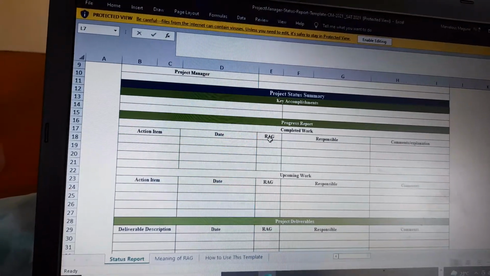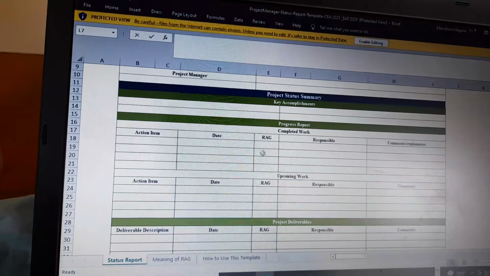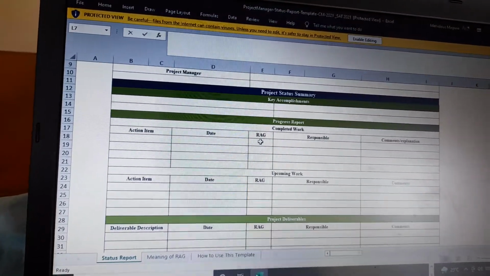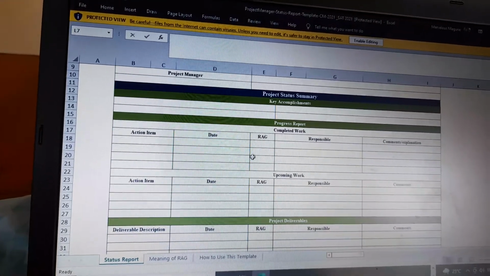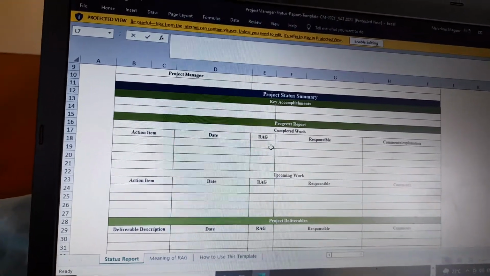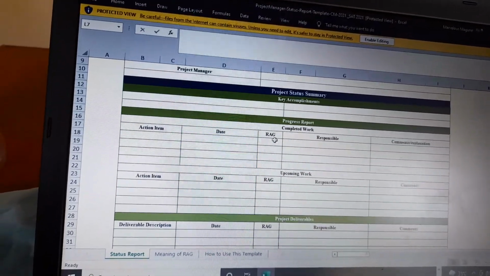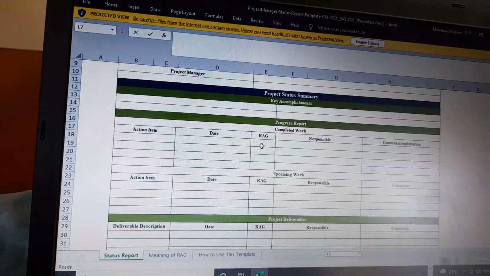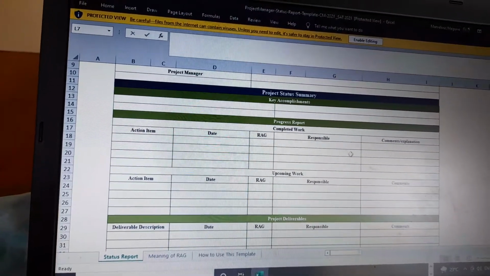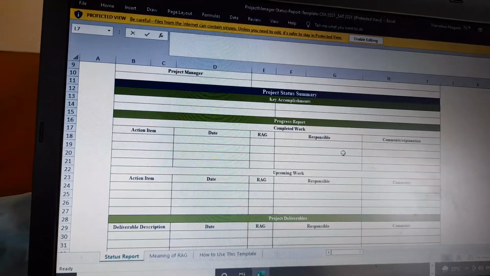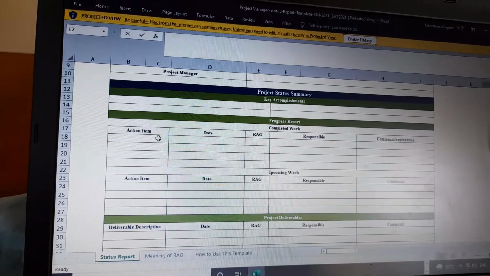The same with Amber. Amber, the project, maybe it was going on well, and maybe it faced difficulties, 1, 2, 3, 4, 5, for it not to be completed well. You indicate Amber if it's like that. The person was responsible, or the group of children that were responsible for the activity,